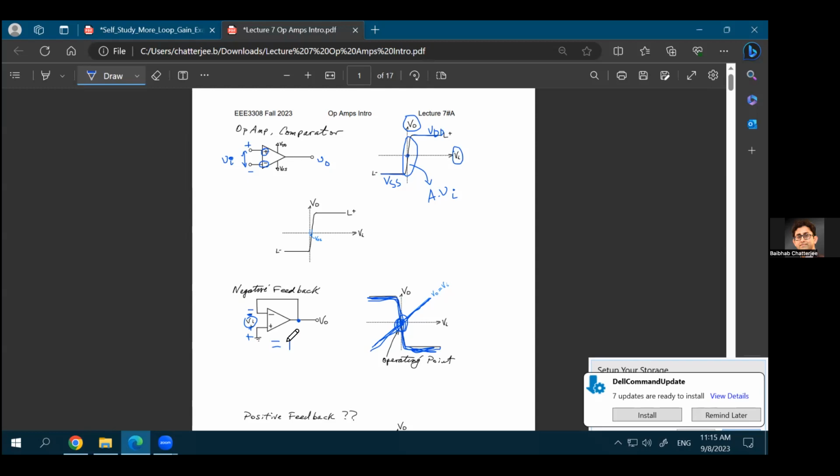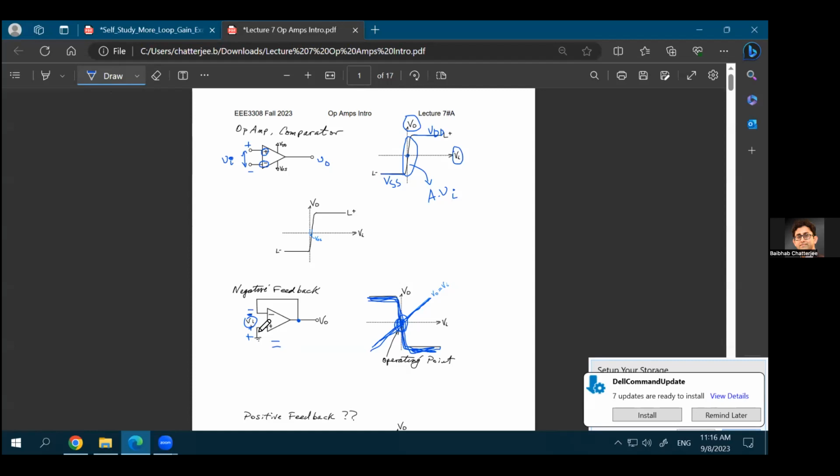Oh, so yes, I should clarify this. So this is -1, which means that you already see this inversion, right? If your input is positive, your output is negative. If your input is negative, output is positive. So that inversion is already there. But what I was saying is that the magnitude of the gain is equal to 1, but of course you'll have this negative sign as well. So it is -1. It's better to say that the... well, no, not really. Sorry, I take it back. In this case, it is equal to +1